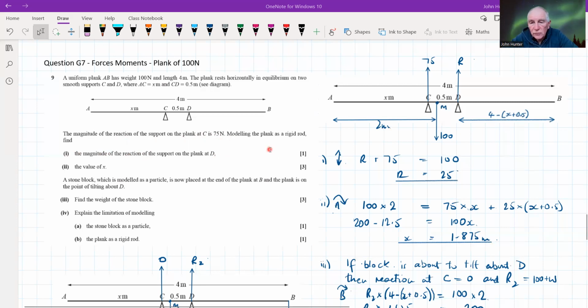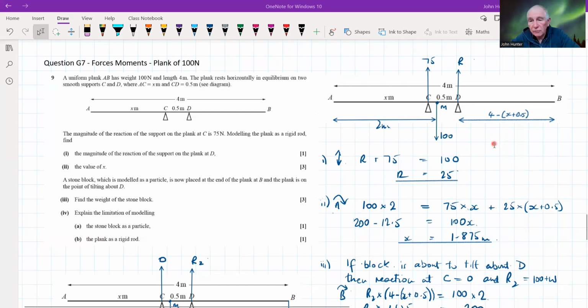Okay, so first things first, let's get a nice clear diagram. As I keep saying, don't be tempted to scroll on this thing here. That's included in the question. Draw your own diagram. I've cheated a little bit by copying and pasting, but this is my diagram, and then I'm able to mark my lengths and forces on here. So we've done that. Okay, so now the first thing with lots of these moments problems is that